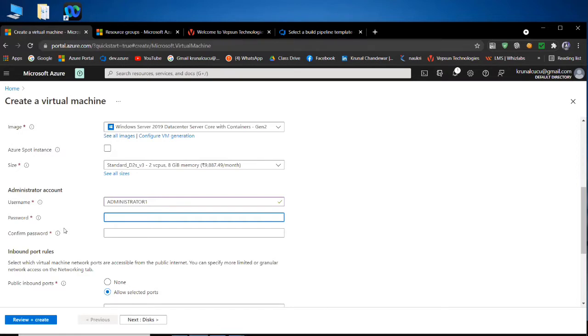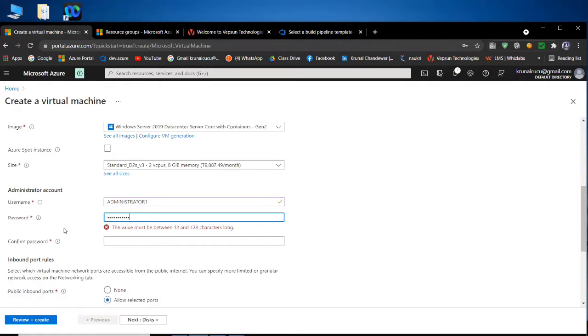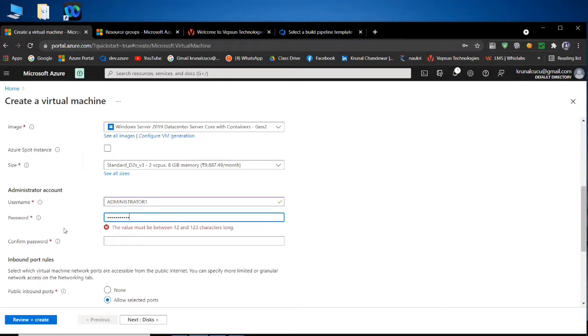So I'm always giving a password like this one. Capital P, after then a double S, WORD. Password only I wrote, but I mentioned capital P, and then all are small. And now I'm not giving any special symbol. I'm giving direct 1, 2, 3, and 4. After pressing 4, it's valid. If I will delete this 4, they will say invalid because they have a limit of at least 12 characters.